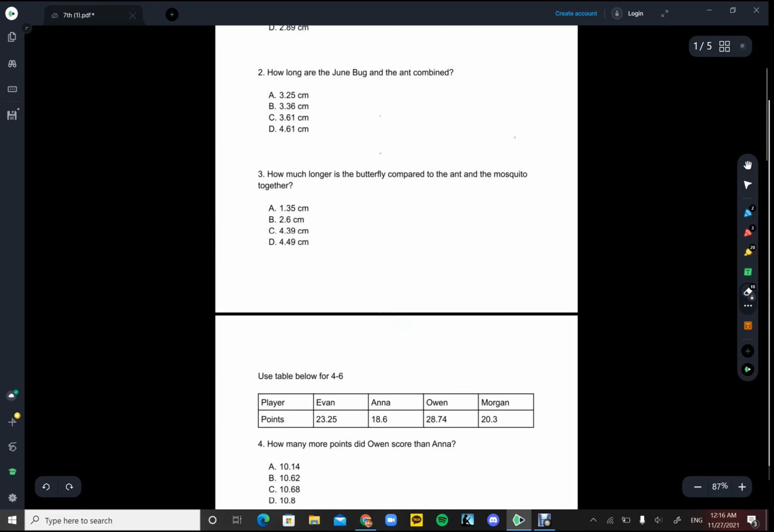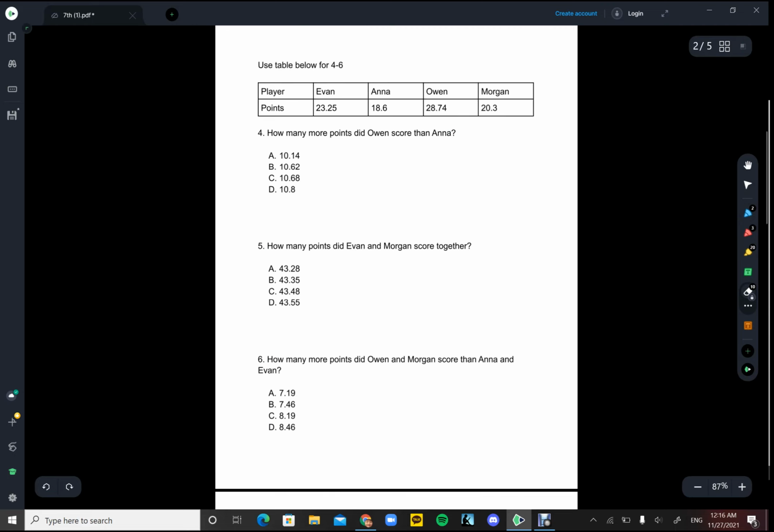Okay, so let's do the next page. Let's do number 4. Number 4 asks how many more points did Owen score than Anna? And when it asks for how many more, it is asking for subtraction. And so you do Owen's score first, 28.74, minus Anna's score, which is